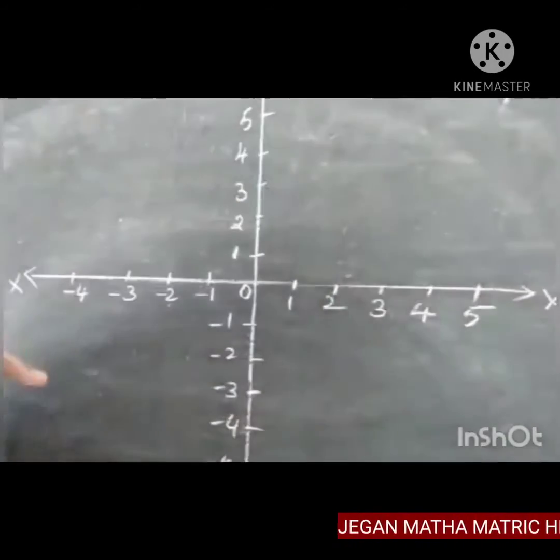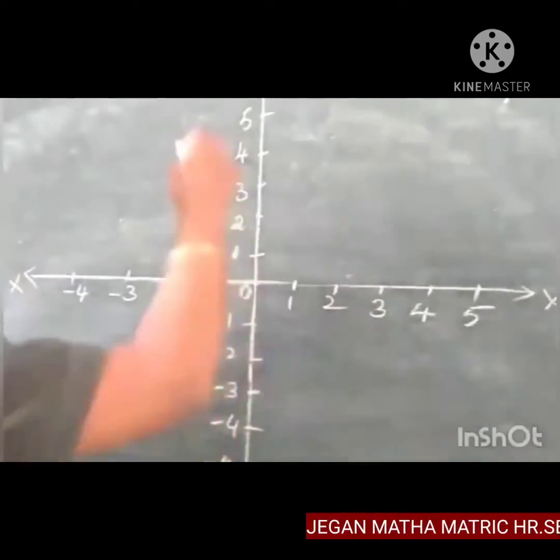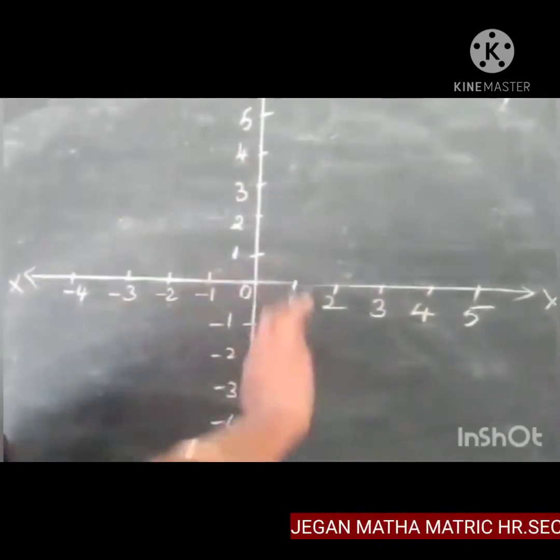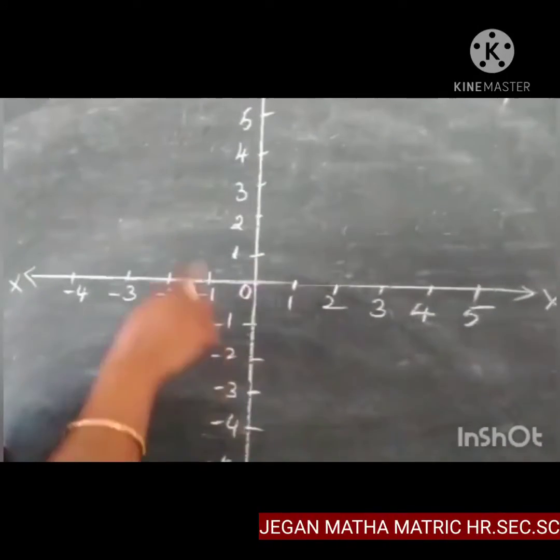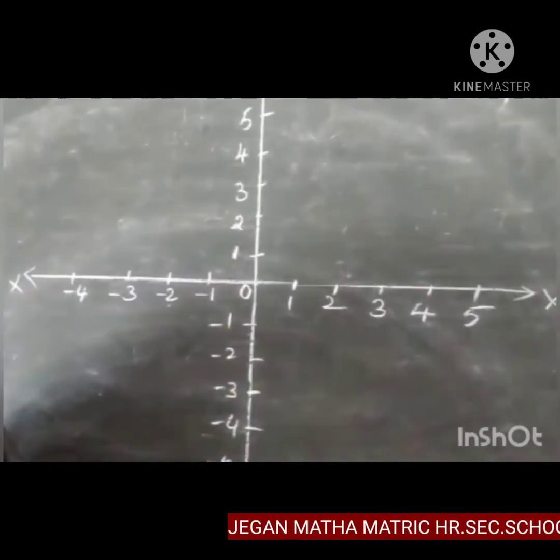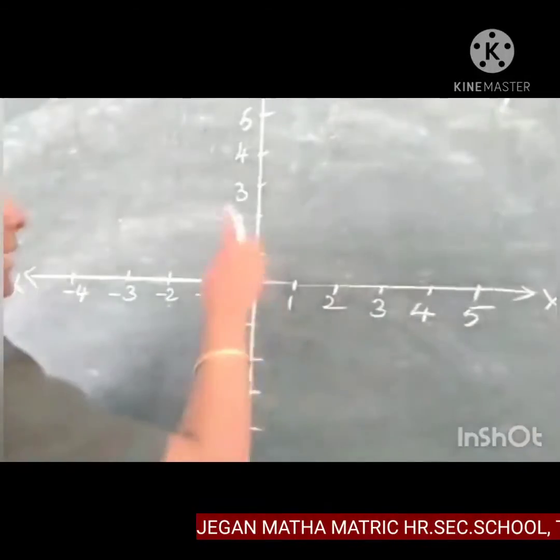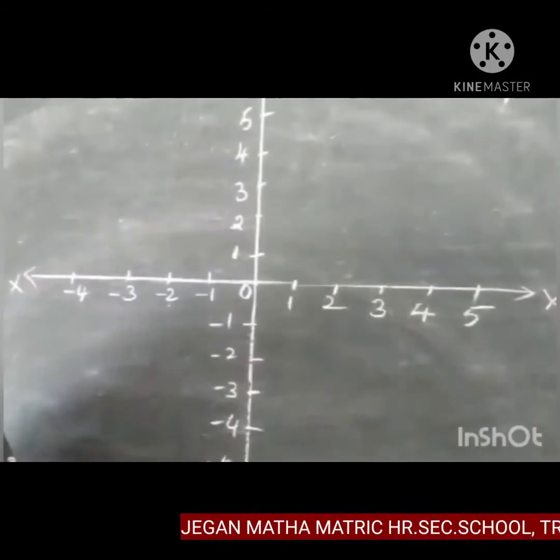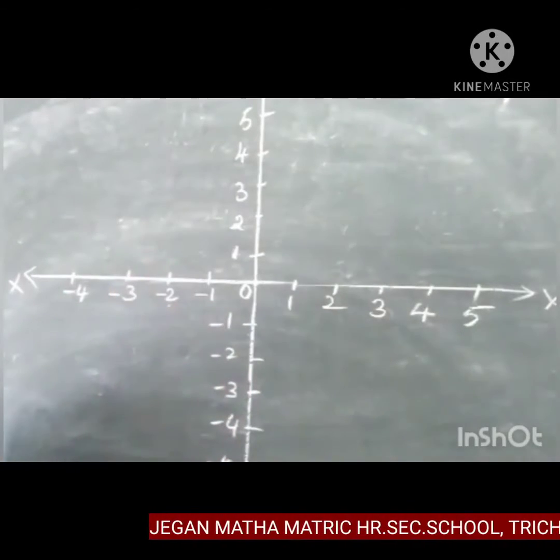Here you divide the horizontal line into 14 lines. Vertically you divide it into 2 equal parts, that also 9 lines, totally 18. So you have to draw the 9 lines. Here the x-axis has 14 lines and the y-axis has 9 lines. So you have to draw like this. Mark the x, x dash, y, y dash, everything.